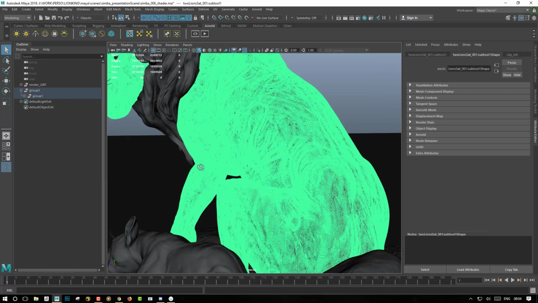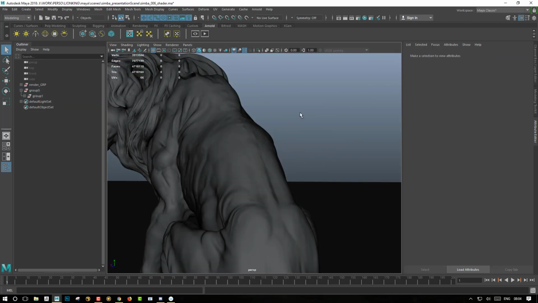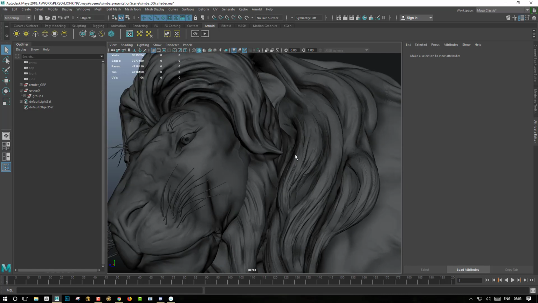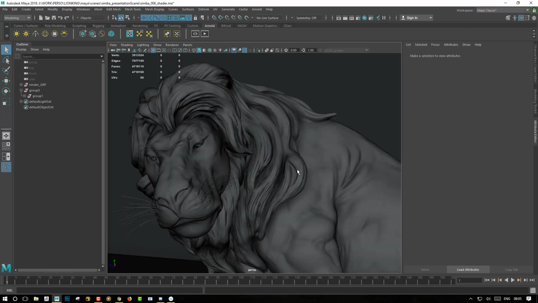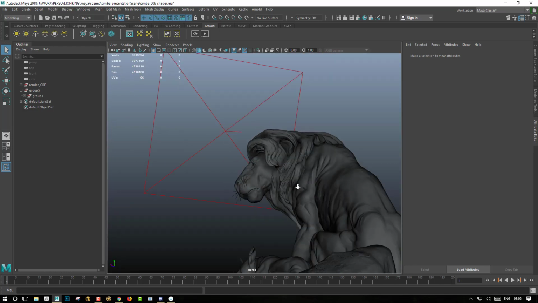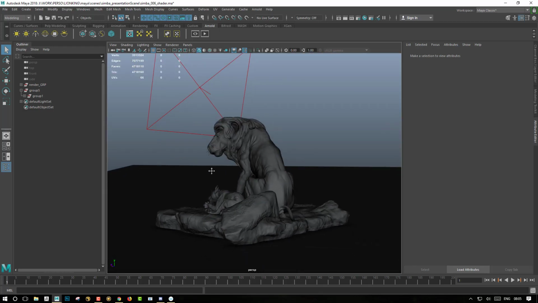So let's have a look at the model: show, selection, highlight, this one. This model has been exported directly from ZBrush without any displacement maps, because I just wanted to have a decimation and all the polygons inside of my Maya scene, which may not be optimal for what you want to do.